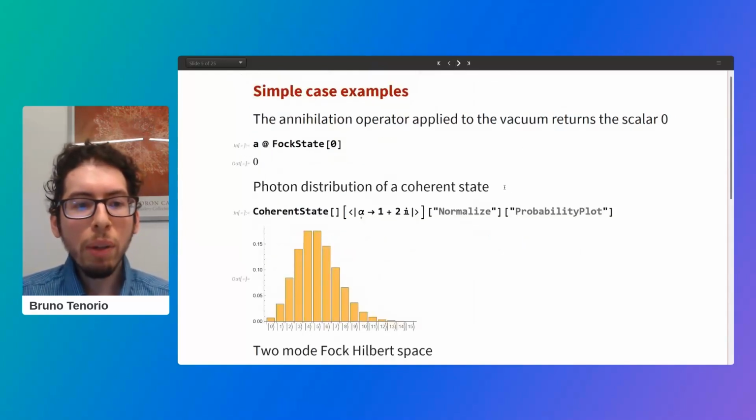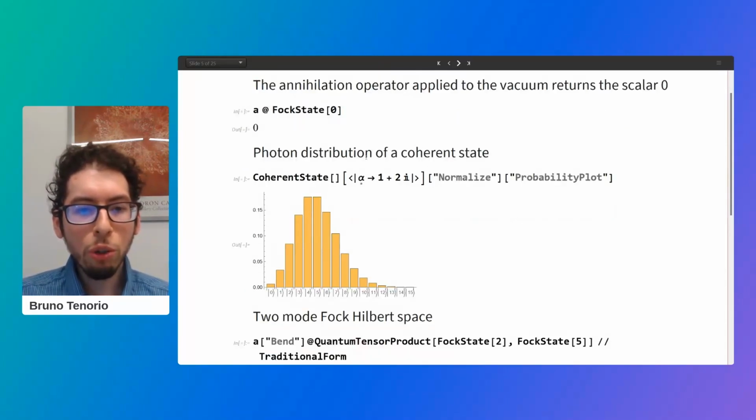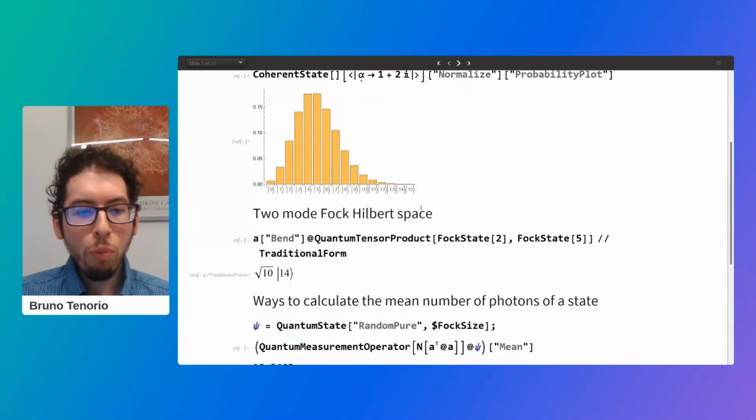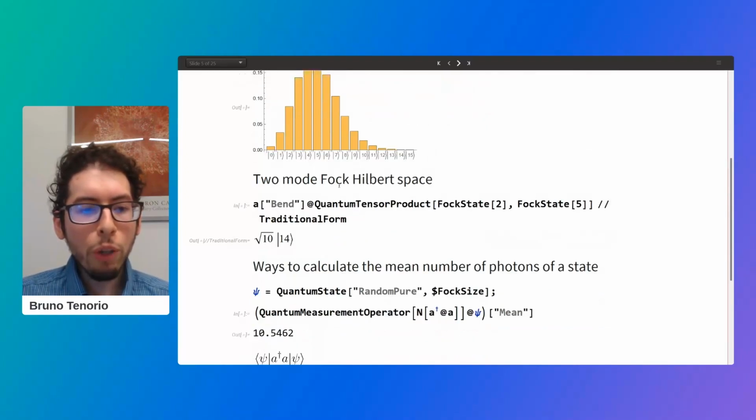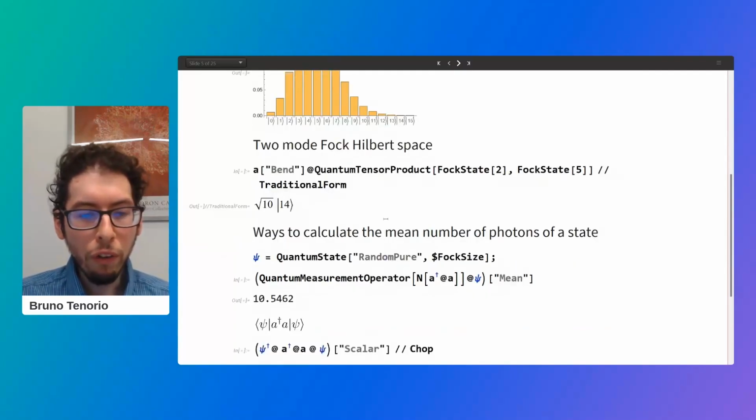Let's see some simple example cases. Let's start with a trivial example, just applying the annihilation operator to the vacuum. Of course, that returns a scalar 0. We can also see the photon distribution of a coherent state. Here we try with alpha equals 1 plus 2i. We can also work in a two-mode Hilbert space, considering the quantum tensor product of the Fock state 2 and Fock state 5. And we use Bend to just apply the annihilation operator to each particular space of the respective